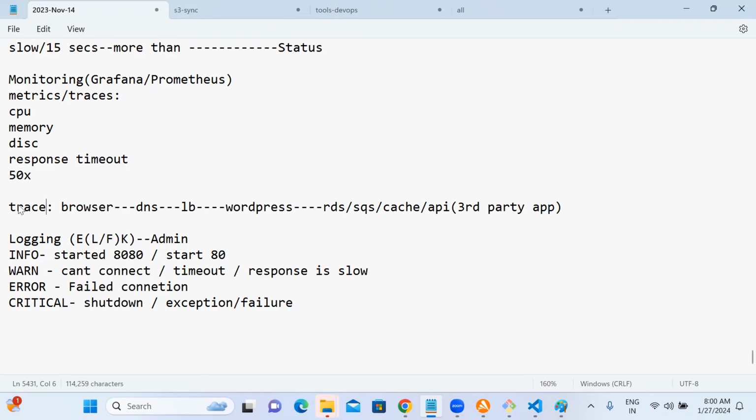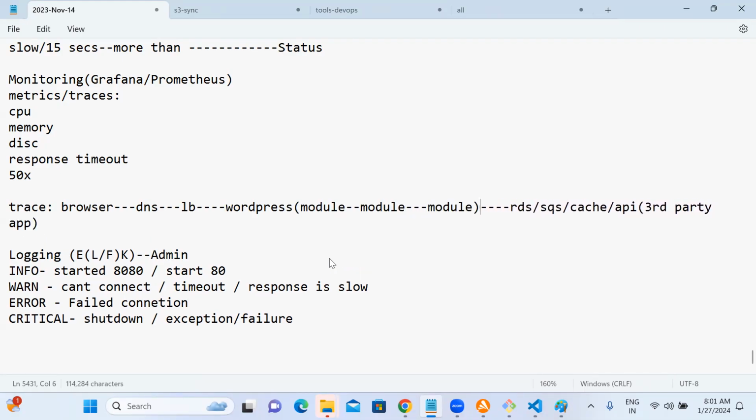If you go to the trace, it will give you step by step, also inside the code. For example, one module to another module, how much time it took. It will go step by step. Trace means how much time it took in between, where the request is going, where it is slow. It will give the module-wise trace.